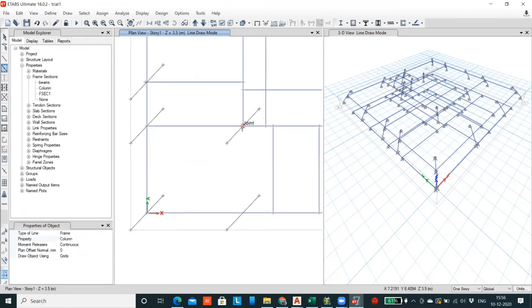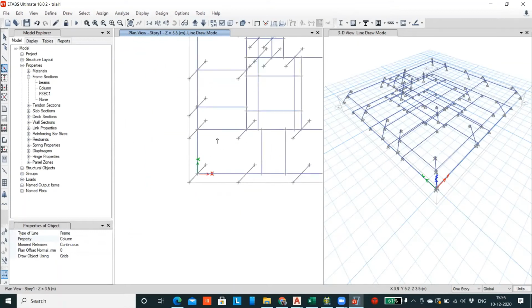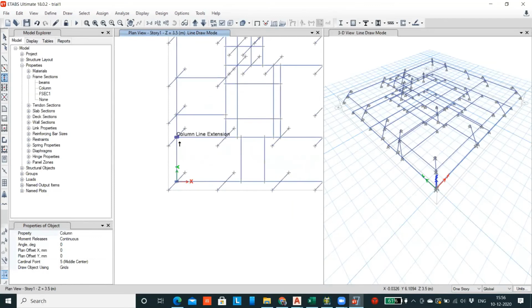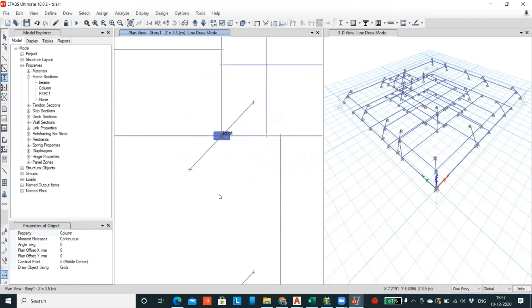At all the intersection points, if you click, the column will be created. Okay, the column will be created like this. So if you click over here, the column is created. So at every junction, you can create the column. Wherever you have these intersecting slant lines, you can create the column.